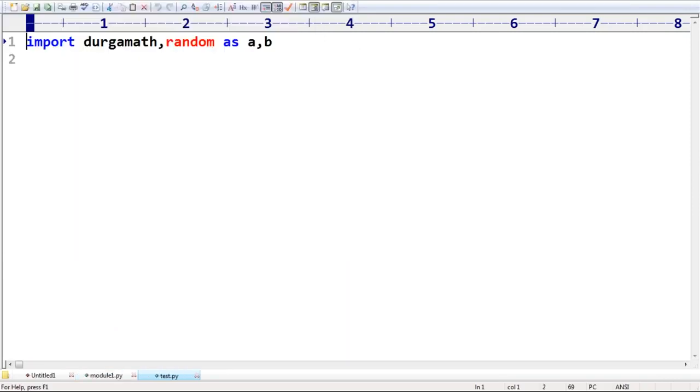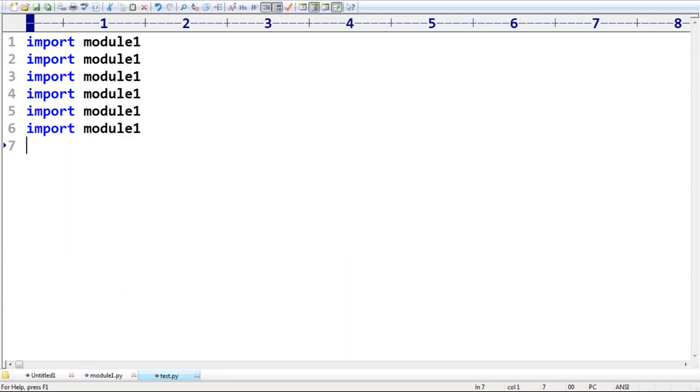What I want to take here is import module one. Any number of times you can import, no problem at all. Print of, this is the test module. Like this I'm taking. Just take very special care. Observe a bit carefully, sir. Can you please tell how many times I'm importing module one?